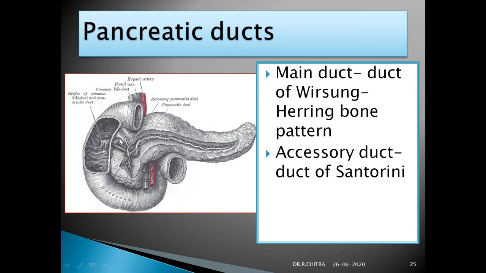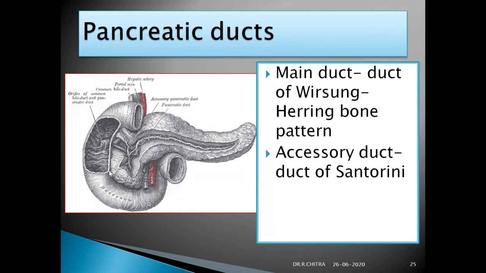Are you seeing it is receiving the bile duct also? Then it opens into the major duodenal papilla. Both ducts pierce the duodenal wall separately, but later unite to form the ampulla of Vater, which opens on the summit of the major duodenal papilla about 8 to 10 centimeters distal to the pylorus.